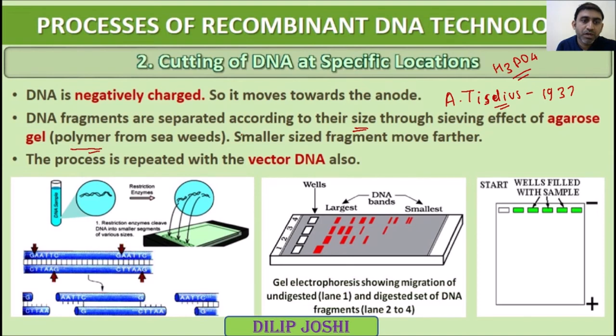It is obtained from the polymer of seaweed, and smaller sized fragments move further. Remember, here it is size, not the mass. This process is repeated with the vector DNA also. If the bands are lighter in weight, they will go far. Here is the positive charge, and here will be the negative charge. Here the bands of DNA are formed,